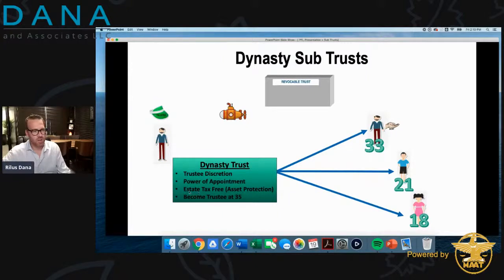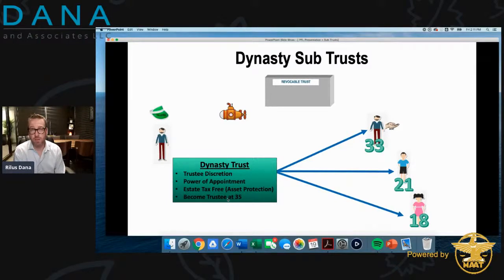This Dynasty Trust is estate tax free. So free. This is an estate tax tool. Like I said earlier, the technical name is a generation skipping trust, meaning there's the generation skipping transfer tax. So there's a special exclusion for the generation skipping transfer. The way I understand it is it's a certain amount that you can transfer upon your passing without paying any